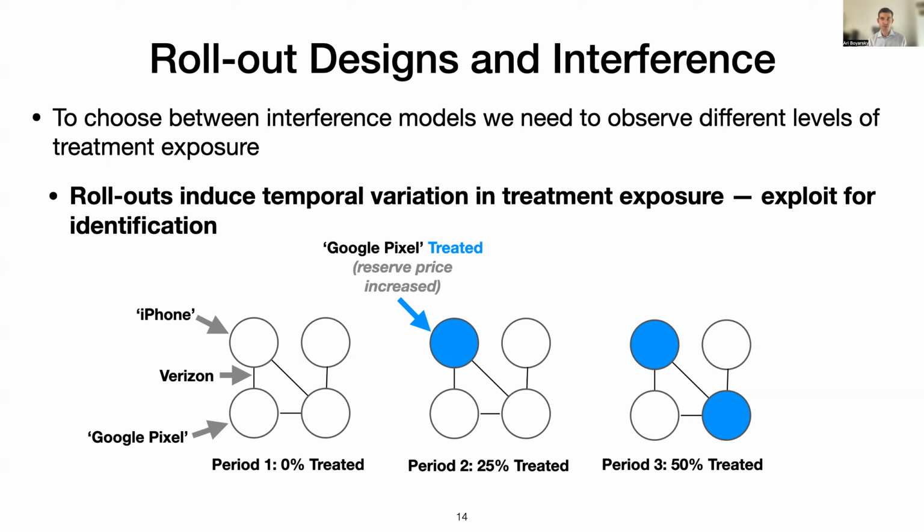Then we'll randomly select one of these keywords to get treated, and we'll look at the outcomes again. And then we'll select another keyword to be treated. And we'll see fluctuations in our revenue across each of these periods. The important thing to realize here is that as we treat more and more individuals, or in this case, keywords, we get to see how their outcomes change as a function of treatment exposure, which lends insight into the underlying network structure and the form of interference.